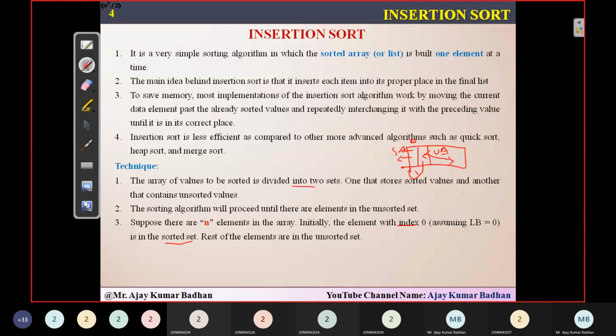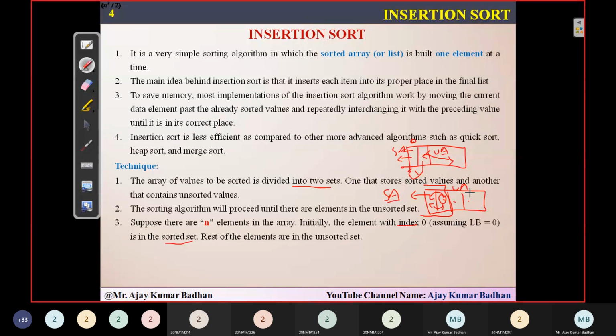That is what he's saying here, dividing into two sets. Dividing into two sets doesn't mean that you'll have two separate sets. He means to say that he will first select this, and assume it as a sorted array. Now the remaining elements, 1, 2, 3, these three elements come under the unsorted array. Among this unsorted array, he will select this one and compare it with this. Based on that, he will perform the interchange. Now these two will come into the sorted array.